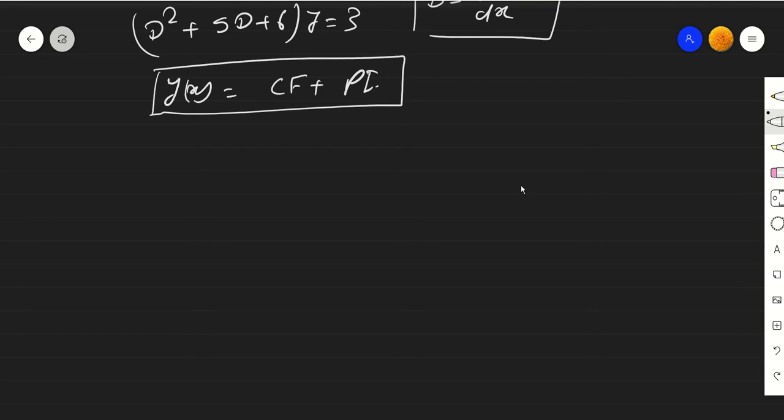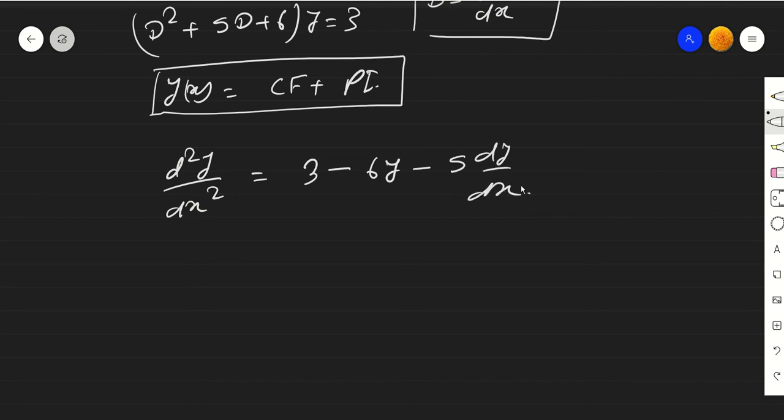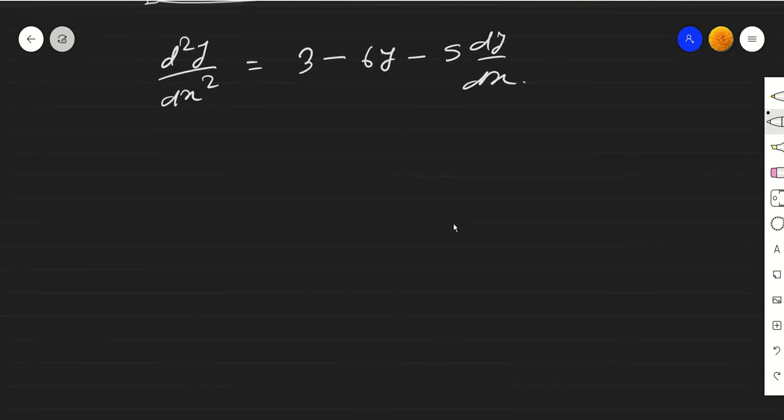For that, we can take d2y by dx square is equal to rest other terms, we can take it to the right side. So that will become 3 minus 6y minus 5 dy by dx. Now we will try to model this equation in Simulink. Let's take an input, and this is going to go through an integrator.